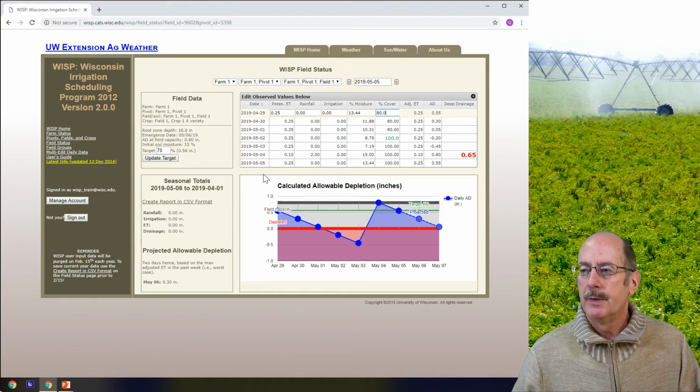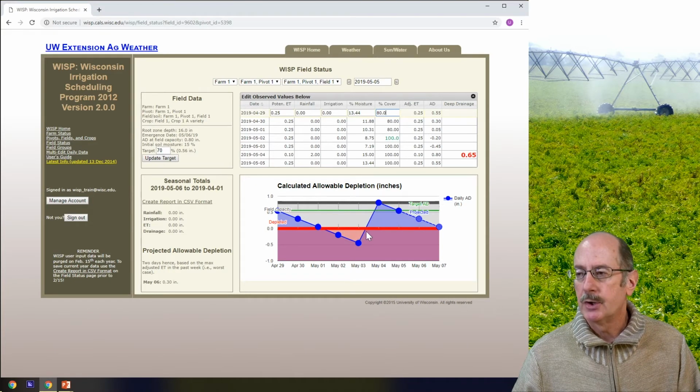Okay, so now if we look down here, we have a time series graph right below that table. This time series graph is real handy because we're starting up here just a little bit below field capacity, and we can see that as the growing season goes on, water starts to come out of this soil profile. We deplete down to the allowable depletion, and we start to get into this zone below the red line.